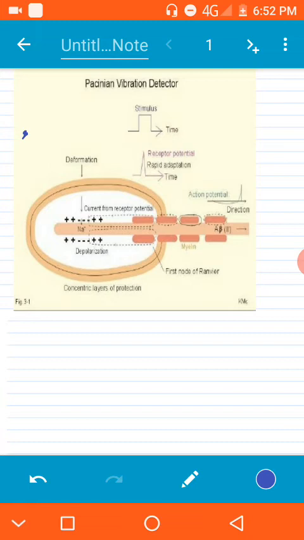Absolutely not. For that, there are two basic concepts. It's nothing but temporal summation as well as spatial summation. So what is temporal summation? Basically, at